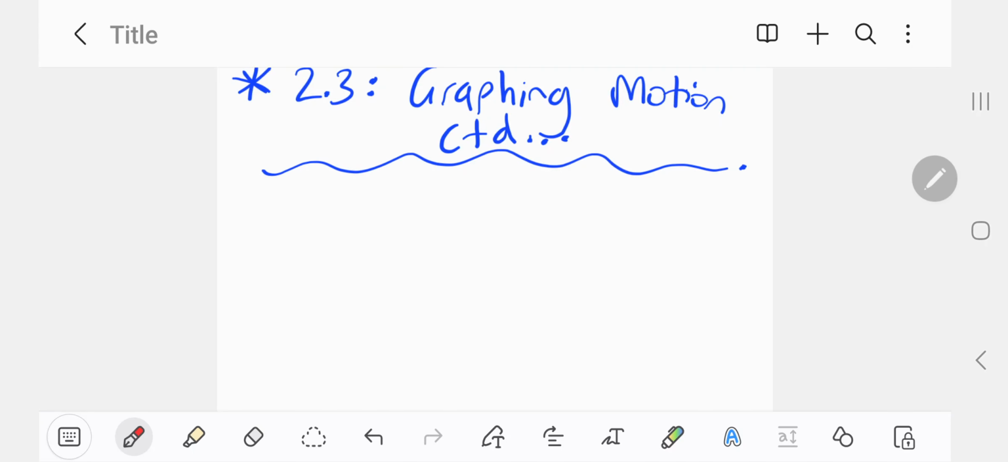This is a continuation of chapter 2.3 of the Good Science textbook, keys 9 and 10, on graphic motion. I'm going to continue my discussion on how to go between graphs. So suppose I want to go from the following graph,